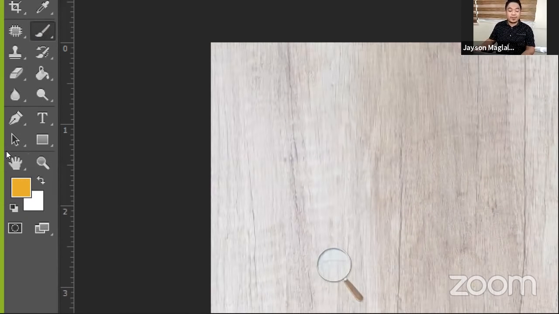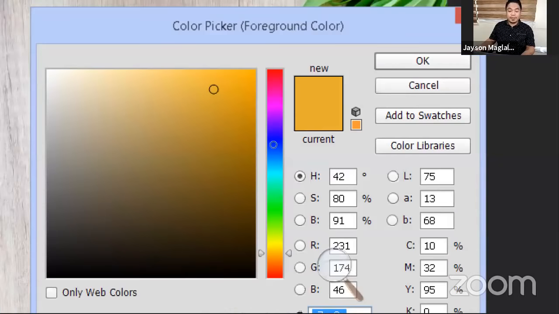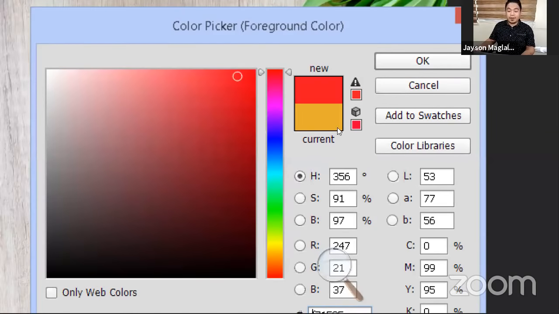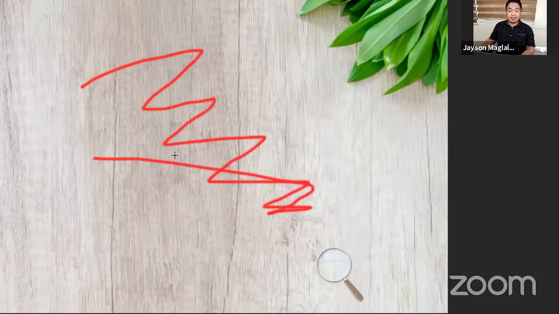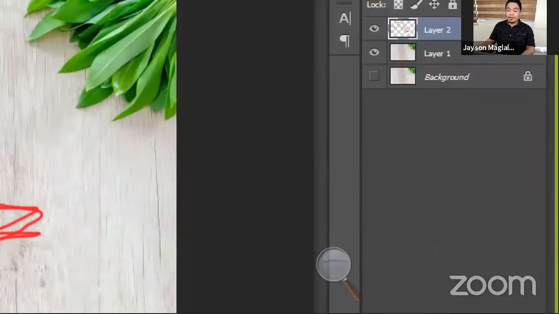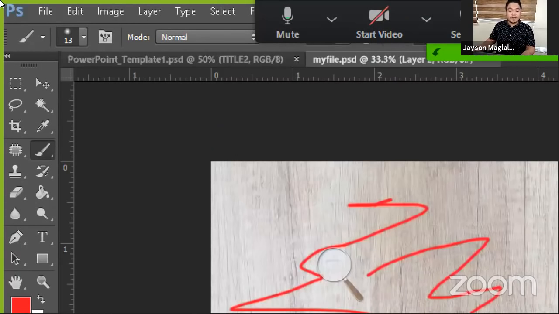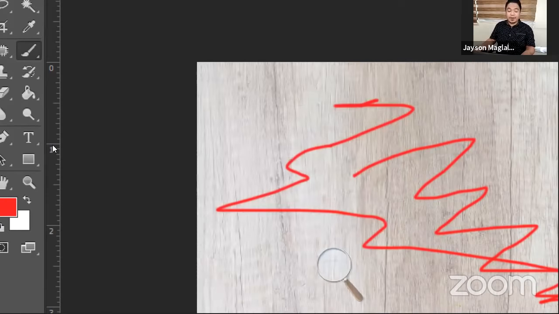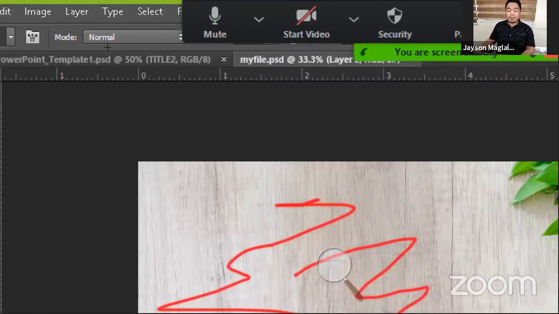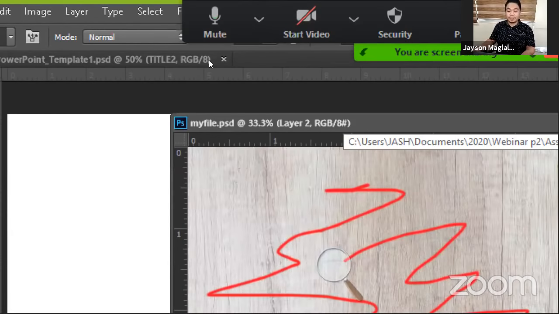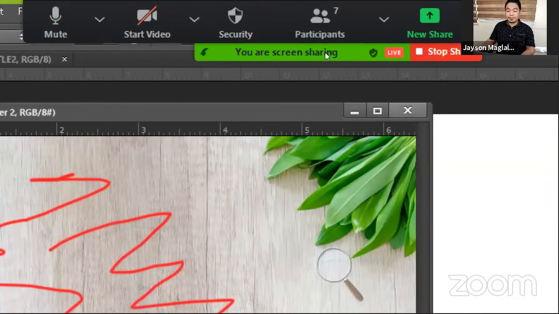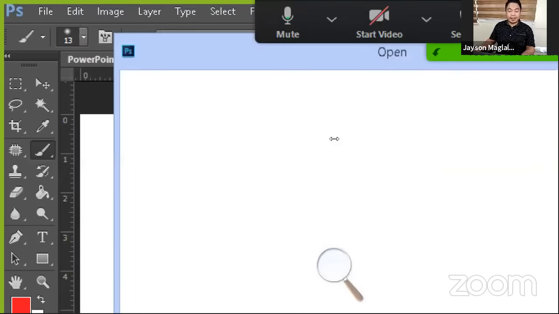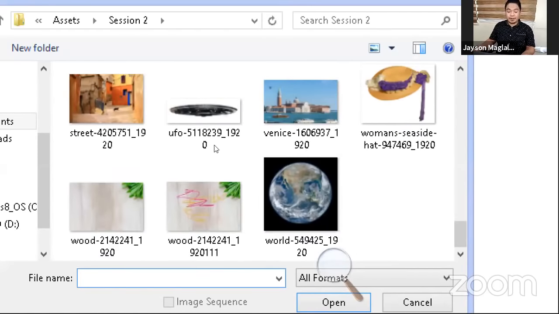Tapos, you can double-click this foreground color. Then may mag-appear na pop-up. So you can change the color you want. Tapos, do some changes. Okay. So we have 3 layers now. Then I can click File and then hit Save. When I do save, automatically po yung nasa save natin is yung PSD file. Okay? So let me close this file, my file.psd, and then open natin yung original image natin kanina, which is